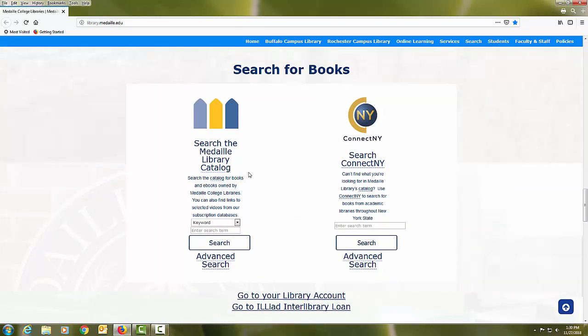When you click that link, it brings you to two options. You can search the Medaille Library Catalog, or you can search Connect New York. In this instance, we want to just focus on the Medaille Library Catalog. It will default to a keyword search. You can change that to an author search, a subject, a title search, and once you do that, it will